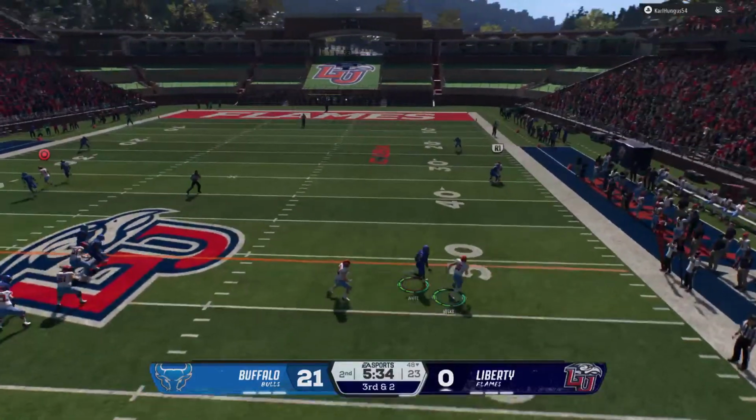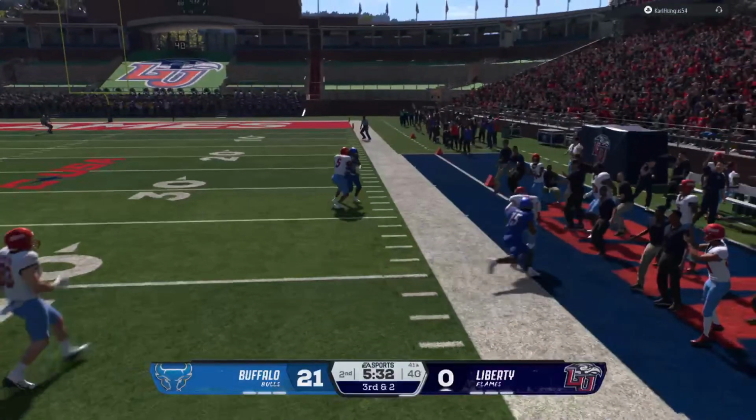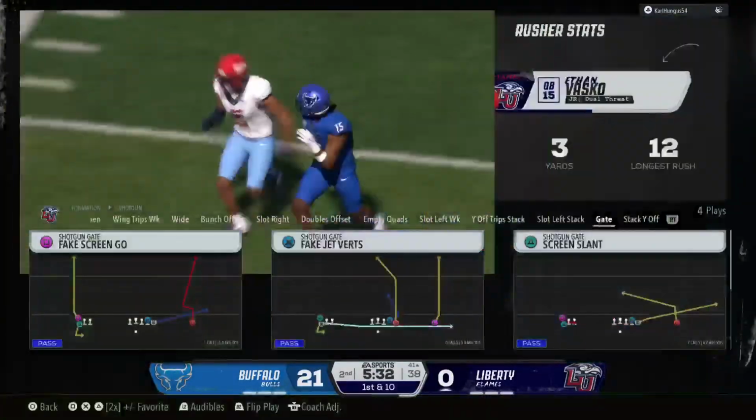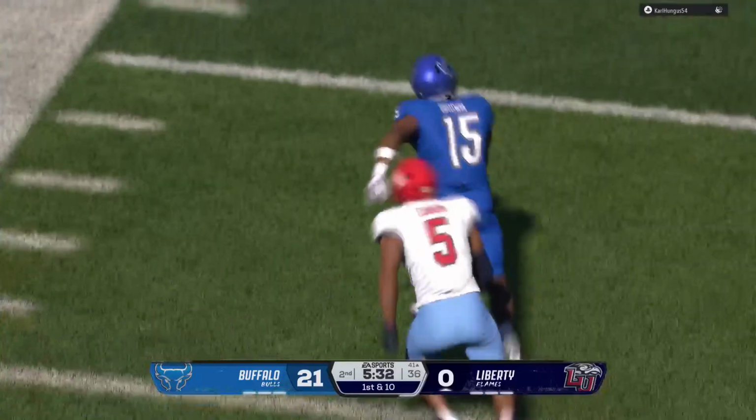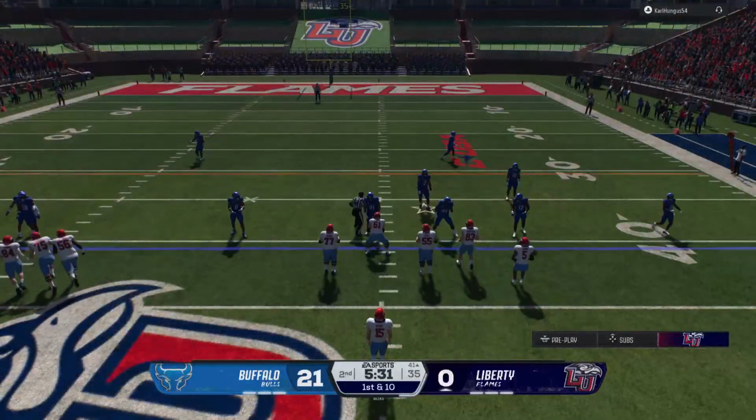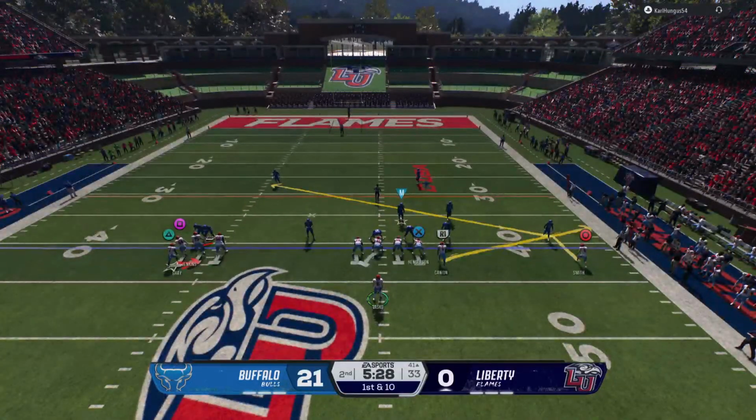Rushes on him. Trying to make, there he goes. Big pickup on that one. They'll mark him out at the 40. And I love the change in decision-making, right? That was a much better job.